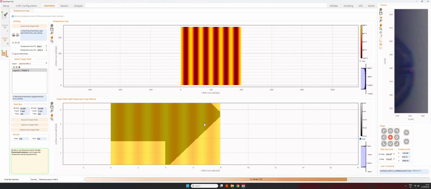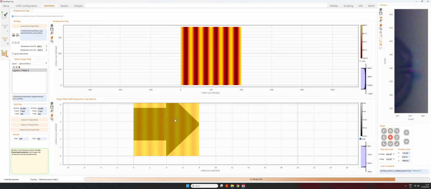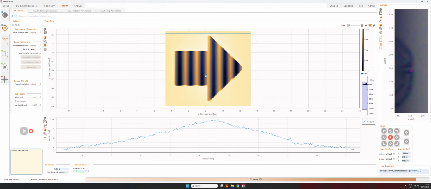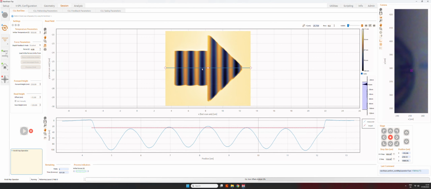But inside the arrow we are having this sine wave map of the temperature. So this turns into a sine wave arrow kind of. I think it's quite a cool topography, and it's quite cool to see, but also to understand the kind of functionality that we are dealing with.